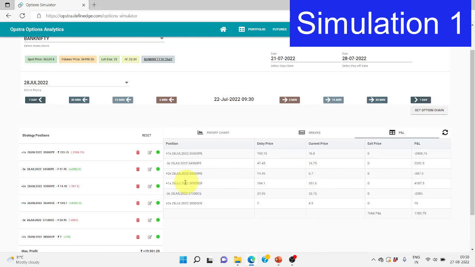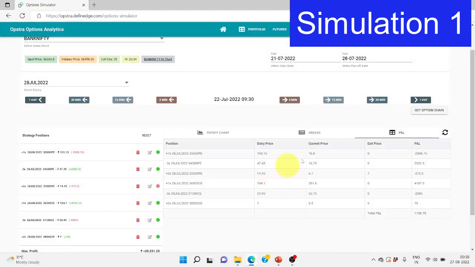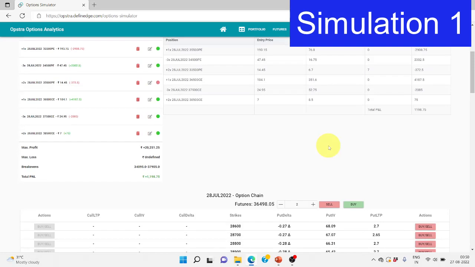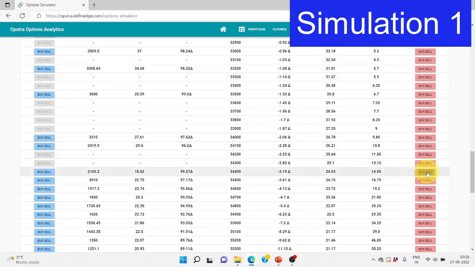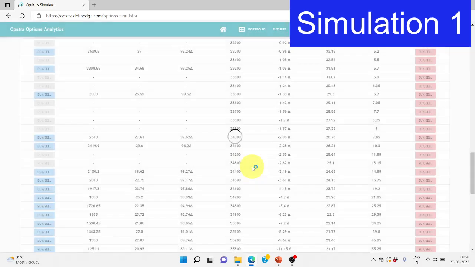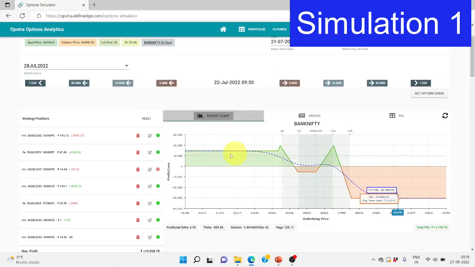Now we are going to make an adjustment. What we are going to do is close this at 7 rupees and find something around 14 rupees to buy on the PE side. So on the PE side somewhere around 14 is this one, almost 15. We are going to buy this 2 lots. As I said, if we do that, now if you go and see the payoff chart, the PE side